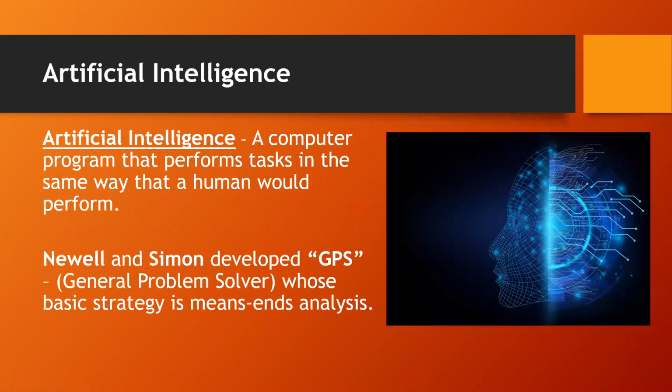Okay, so the next is artificial intelligence and problem solving. All of us are using artificial intelligence. I don't think we can actually survive without it. Even if we want to, we just can't. Artificial intelligence is a computer or a machine that has been created to think like a human. It performs tasks the way a human performs them. It is computer programs that solve problems in ways similar to the intelligent way in which humans solve problems. If you have any doubt, just try it. You will get the solution.